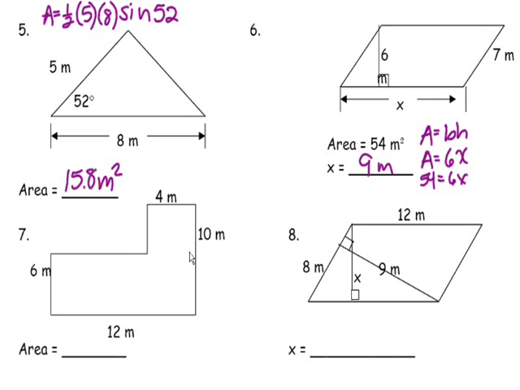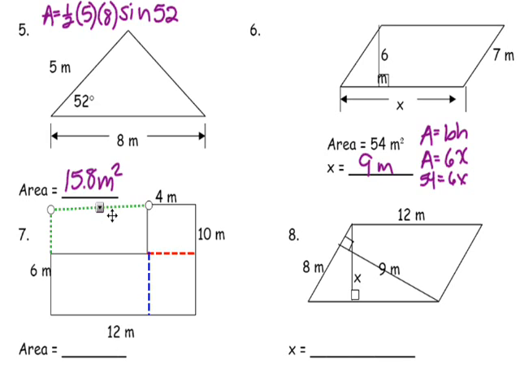When faced with an irregular figure like the one in number 7, you usually want to chop it up into some pieces that you can then solve for, things that you know how to find the area of. So for example, you could draw a dashed line right here and make this one rectangle and this another rectangle and then just add the 2 of them together. You could alternatively complete the rectangle and find the area of the big rectangle and subtract the area of the small rectangle. Or you could even draw your dotted line here and do this rectangle plus this rectangle. Totally up to you. But me personally,